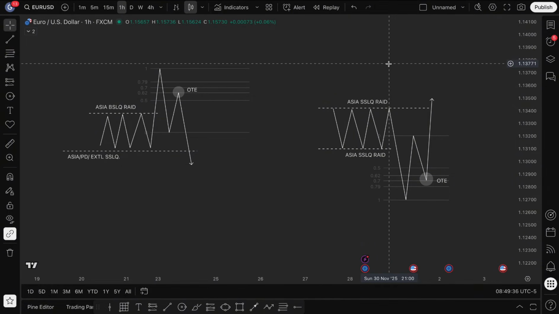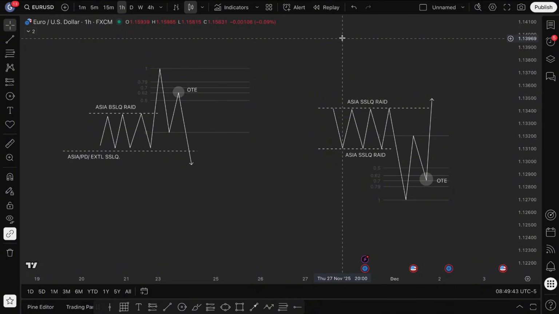So this video is going to be talking about how to catch the pullback, because some people might not be very much interested in calling the top of the market in a bearish market, which is something that you should want to get comfortable doing: selling tops in bearish markets and buying bottoms in bullish markets, right? You don't want to sell the top in a bullish market, because the market will just keep continuing higher and breaking through bullish swing points, and just continue expanding,